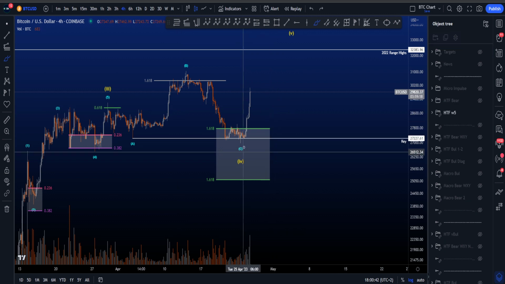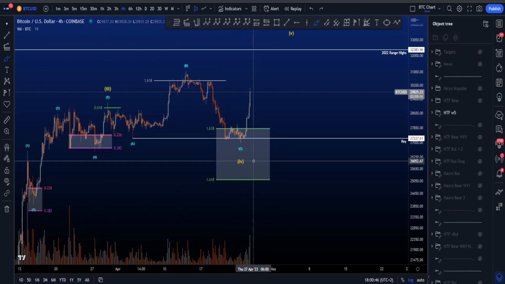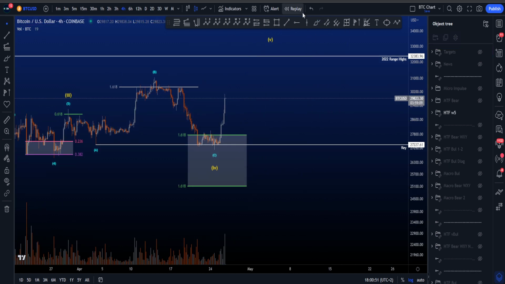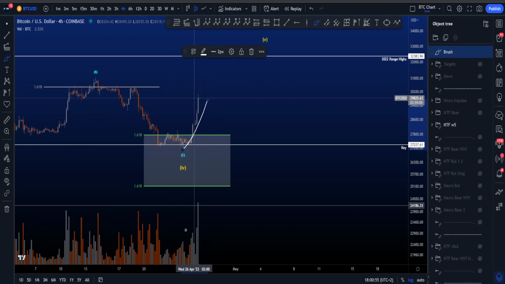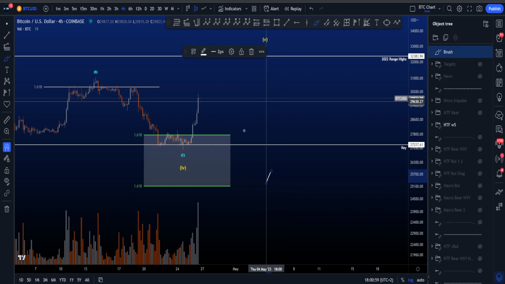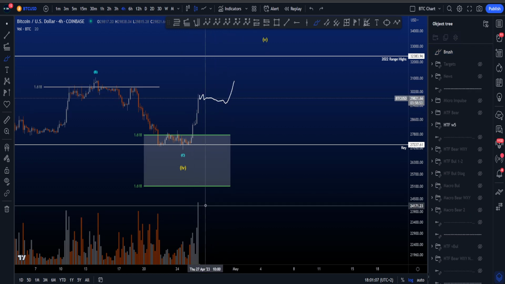However, as it stands now, this could definitely be the low of an ABC structure, which then is the low of wave 4, from which we continue to the upside in a wave 5. And if you look at the volume on the 4-hour time frame, you can also see that as price goes to the upside, volume is increasing, and as I've just mentioned, eventually you want to see a little bit of a range for a wave 4, and then you can expect another move to the upside, at least taking the highs of wave 3 on lower volume.